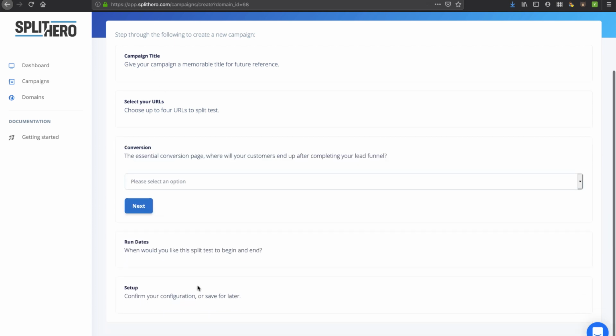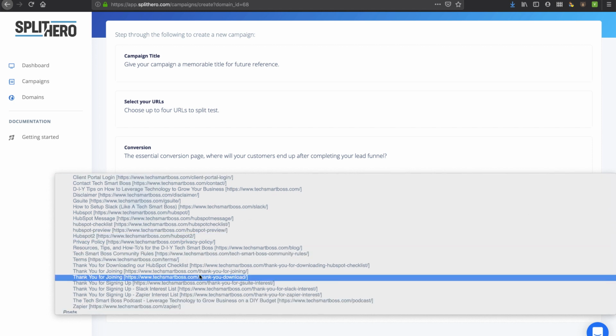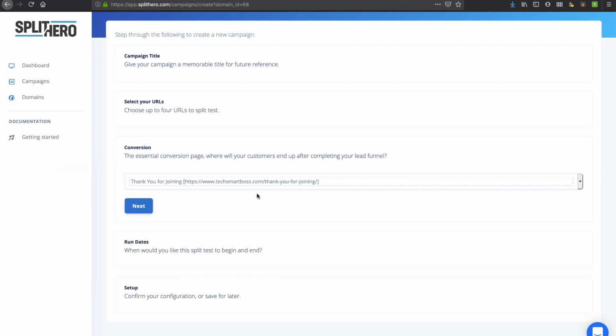Let's go next. Now it wants to know, what is your conversion page? Now, as I mentioned, on this particular blog page, I don't have a call to action that I would want to test. But generally, you would do this on your landing pages where you do have a conversion item. The thing that you're going to put as a conversion test would be like a thank you page. So I'm just going to pick one of my thank you pages, which would be if they did subscribe from that page,